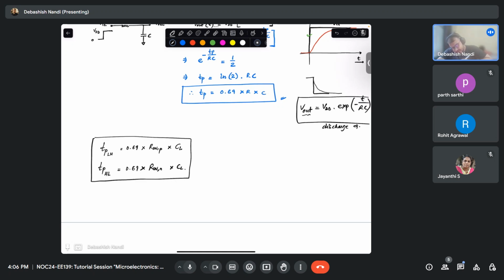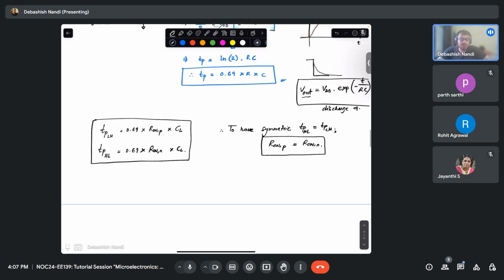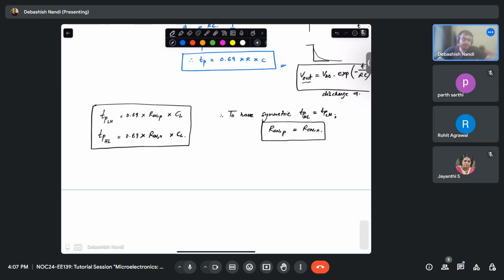So to have symmetric TP HL equal to TPLH, what should we have similar? We should have R on of P transistor should be equal to R on of N transistor. So do you know how R on is computed? In an inverter